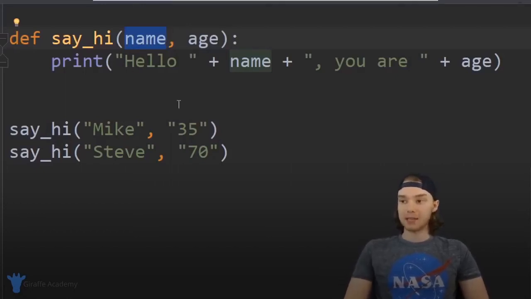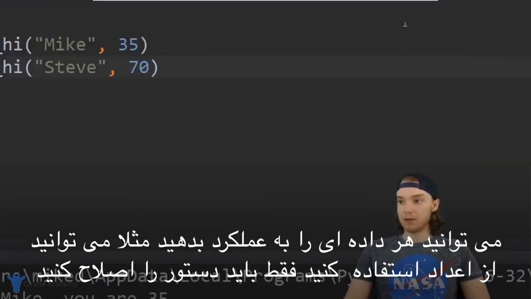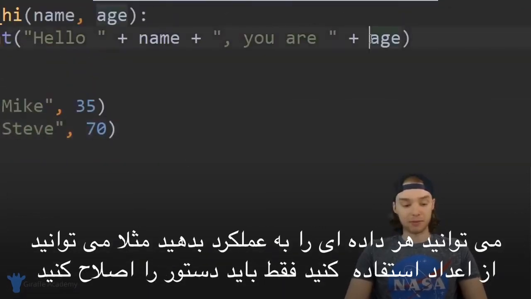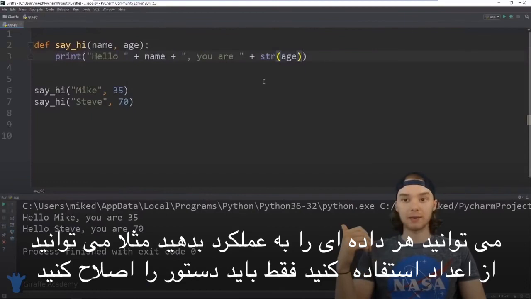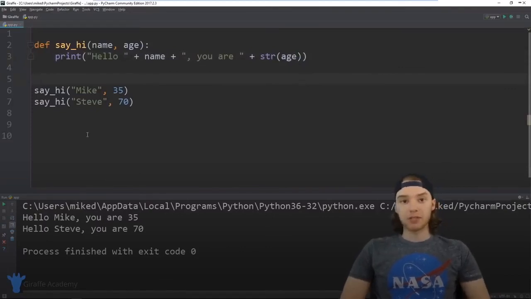So you could pass anything you want into a function. So for example, I could pass in an integer instead of a string for the age. So like I could pass in a number. The only difference is over here, we're going to have to convert this into a string, but it's going to work just the same. So you can pass in strings, numbers, booleans, arrays. You can really pass any type of data into a function and it's going to work. So you can see here we get the same result. So that's the basics of functions, and as you go through